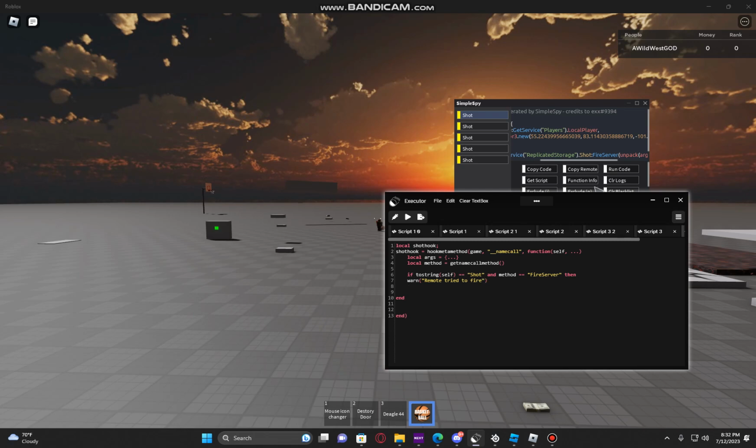And then after this we're gonna do return shot hook self comma unpack args. Now what this will do is it returns, so every time the remote's called, this is what actually shows it spoof it. Every time it's called, it's just going to keep returning the shot hook we put in. So now if we test this,